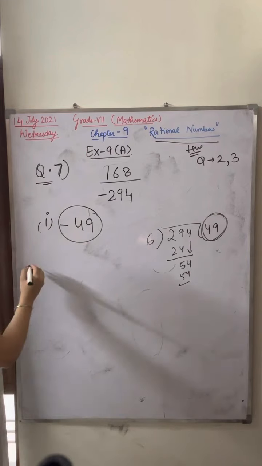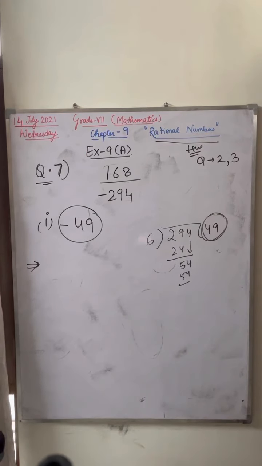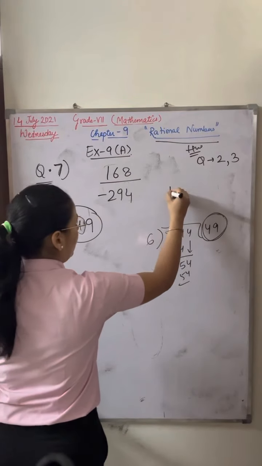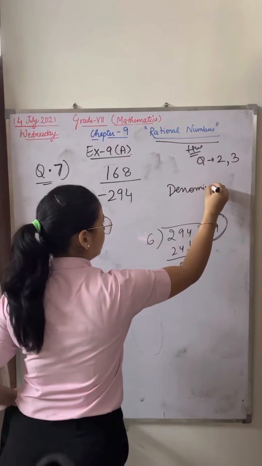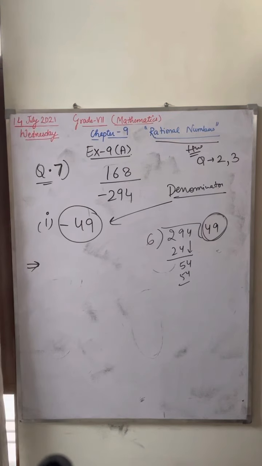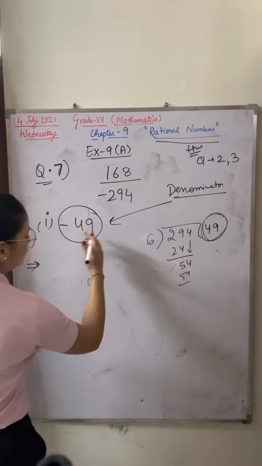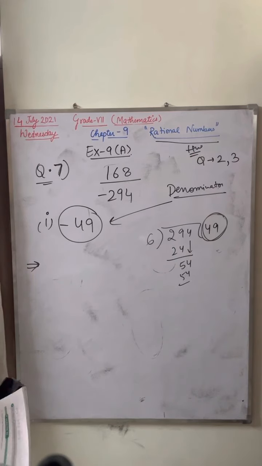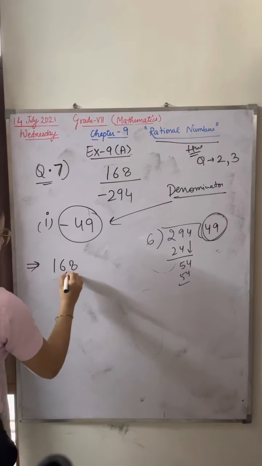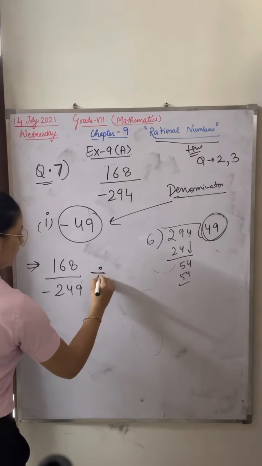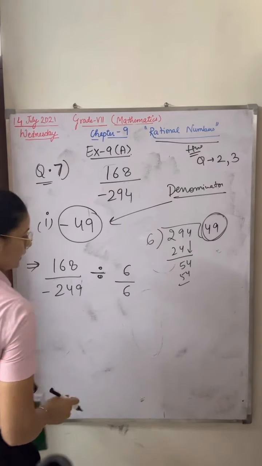So your question is, now I'm writing here how you have to solve this question. See, I have divided this. Now you have to take out your denominator, the part which is given to you. You have to find this in the denominator. So I have divided with 6, I am getting 49. This is negative, so my answer is coming again in negative. So by which number do I have to divide 168 and minus 294? I will divide with 6 here and 6 here.